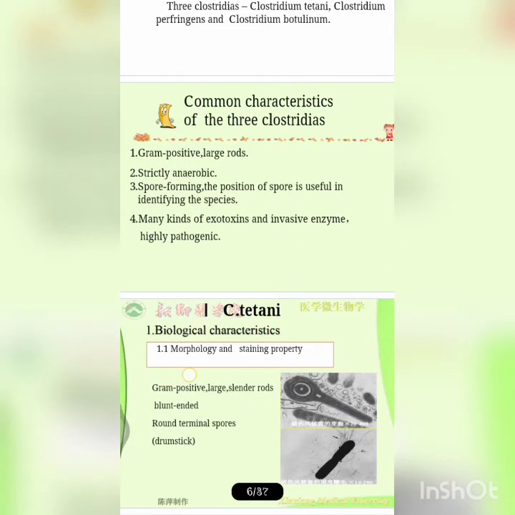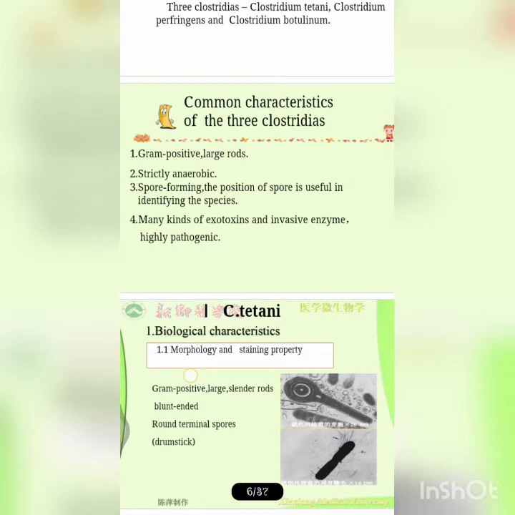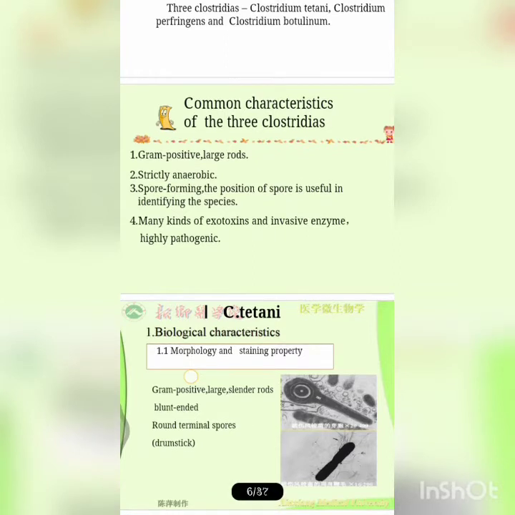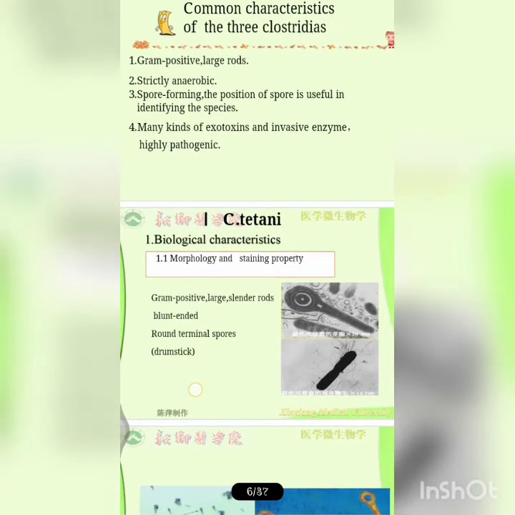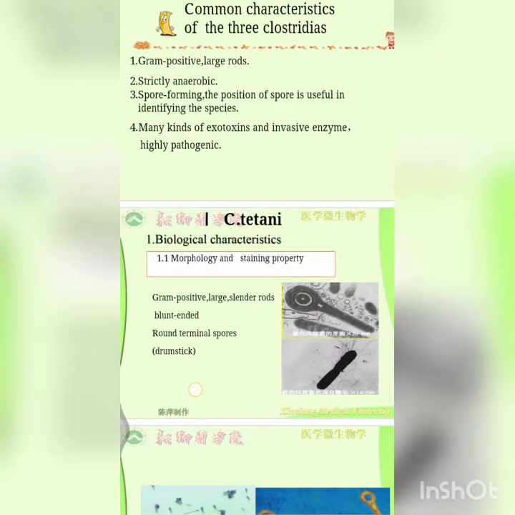Clostridium tetani was first isolated by Rosenbach from a case of tetanus, a fatal one. It was isolated in pure culture and reproduced the disease in experimental animals. As it is an anaerobe, it is very hard to grow in culture, so we isolate it from the wound or the site of infection. You can see they are rod like, with a drumstick like shape, and they produce round terminal spores.